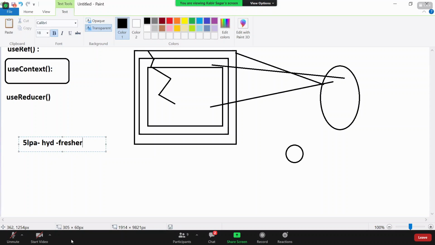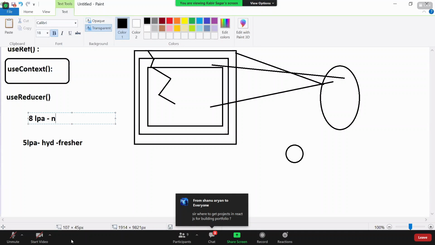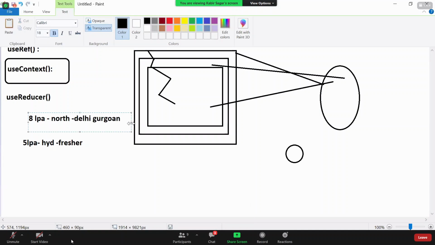There are so many people I have seen getting 7 LPA, 8 LPA as freshers on React. Especially the people from the north side, near Delhi or Gurgaon, the packages will be good. Work culture is not that great, but they will give the best packages. In Hyderabad, I find a little bit less salary for freshers.